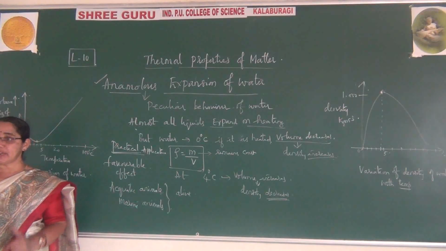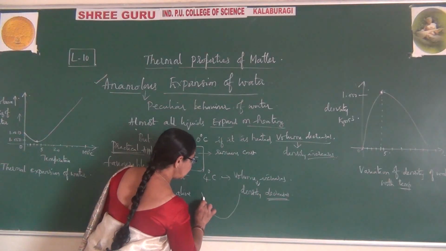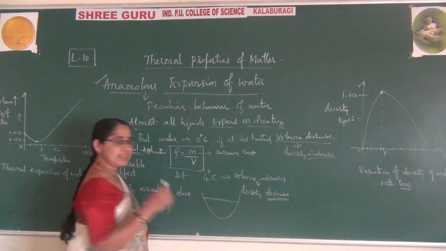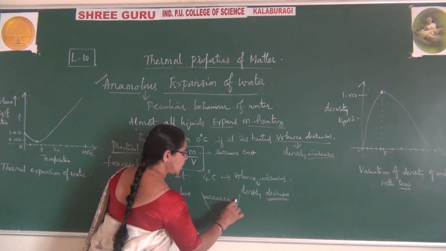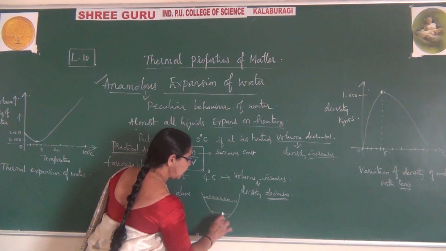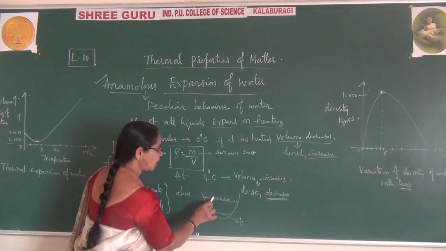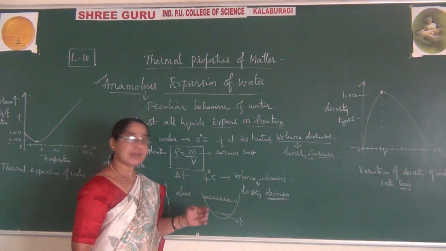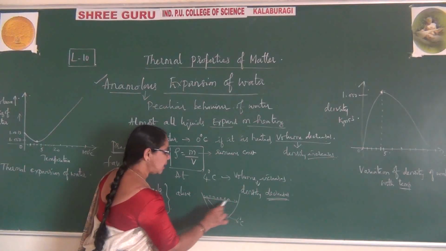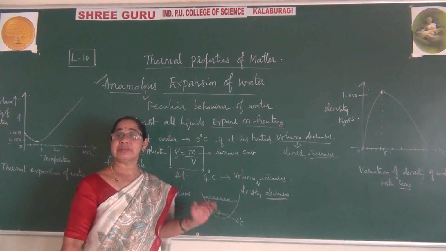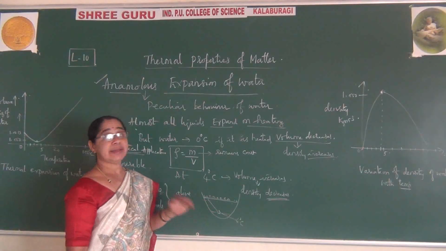When you observe a pond during the winter season, if it is severely cold, deposition of ice takes place at the surface. Right? But inside, below, the water maintains 4 degrees centigrade. Because of this, fish or any animals surviving in water come below the water. They will be moving there, and because of this, they stay alive. This is because of this peculiar behavior of water.